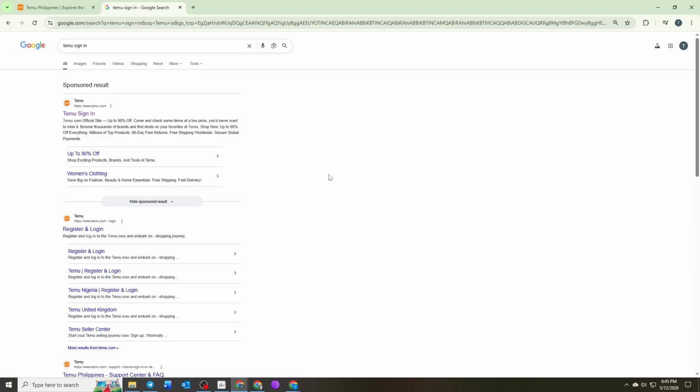To begin, open your preferred web browser and visit the official Temu website. You can do this by typing Temu into your search engine and selecting the official website from the search results. Once the homepage loads, make sure you are signed into your account so you can access your personalized dashboard and